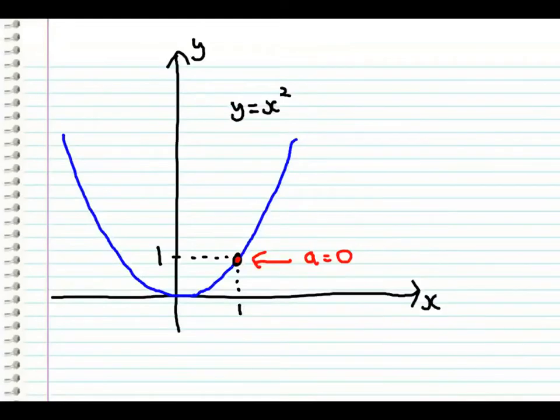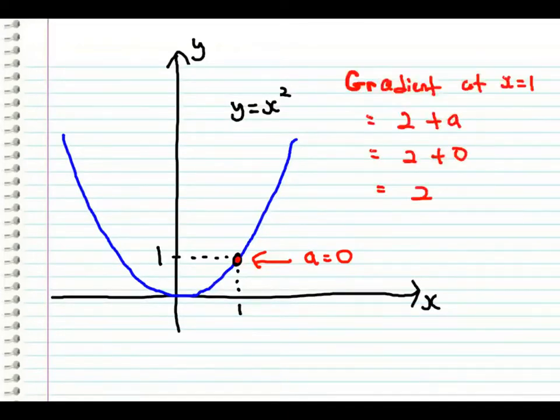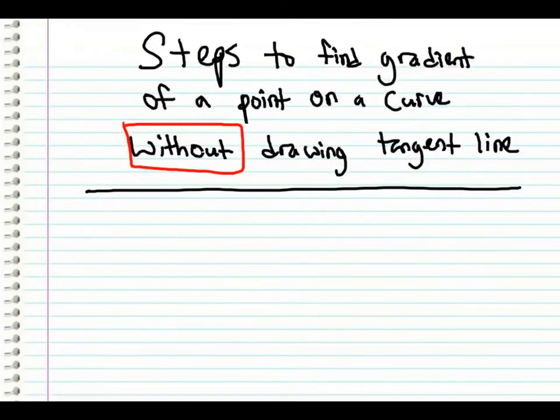If we bring the second point to exactly where the first point is, the 2 points will therefore have the same coordinates. Hence, a is 0. Therefore, when a is 0, the gradient becomes 2, which is exactly the actual gradient of the point x equals to 1. Wow! Now, let's think back about the steps to find the gradient of a point on a curve